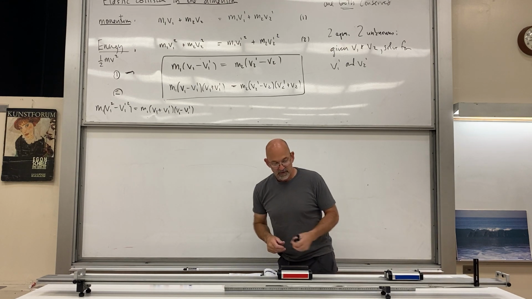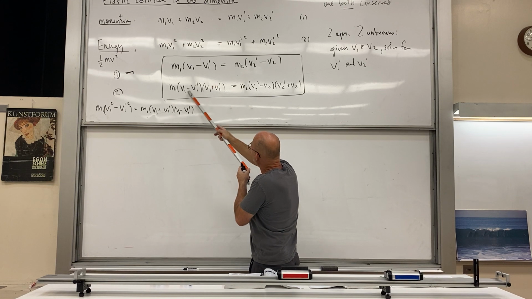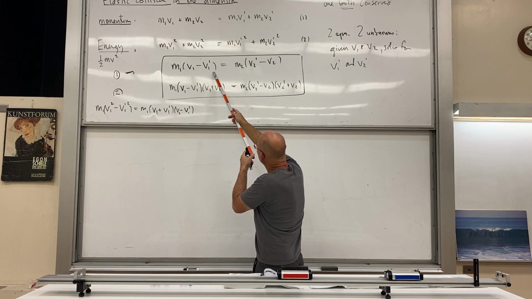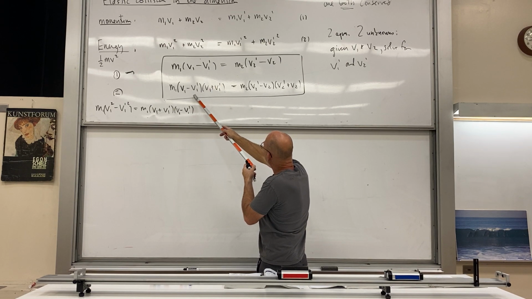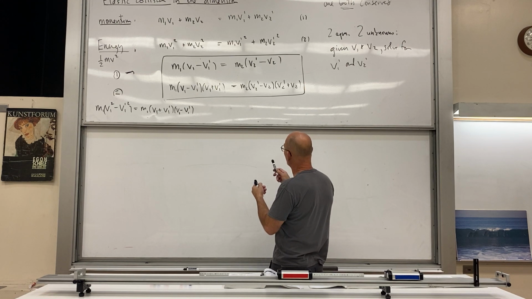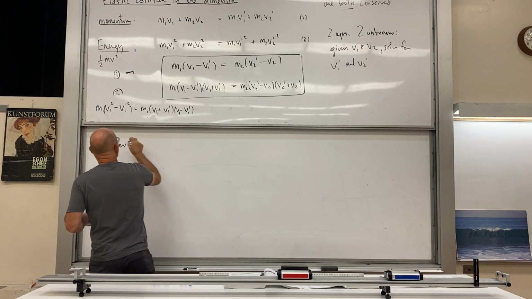Okay, so what do we have here? We have a v1 minus v1 prime here, and we have a v1 minus v1 prime here as well. So we can substitute that into there. So we're going to substitute the first equation into the second equation, and we get